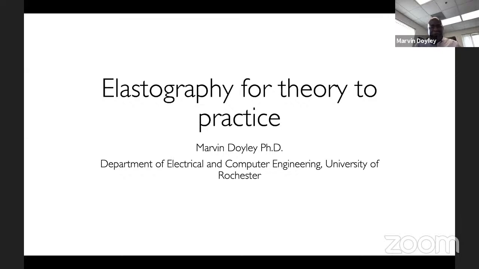I'll talk a little bit about image reconstruction, solving an inverse problem in elastography, and we'll talk a lot about the different strategies we use to get prior information to stabilize that inverse problem. And then I'll talk a little bit about a couple of applications,